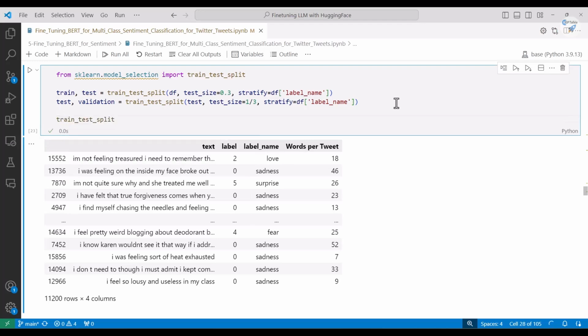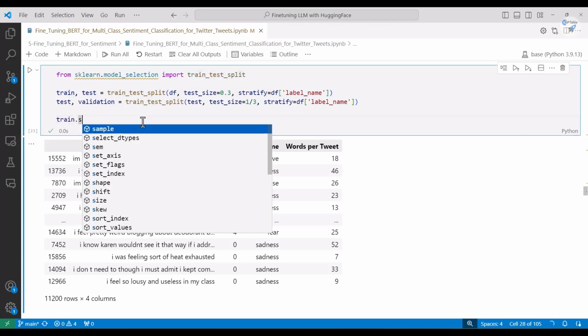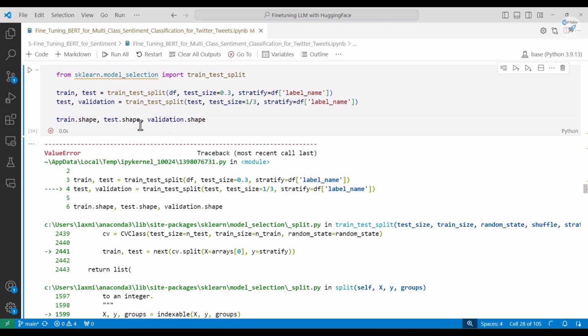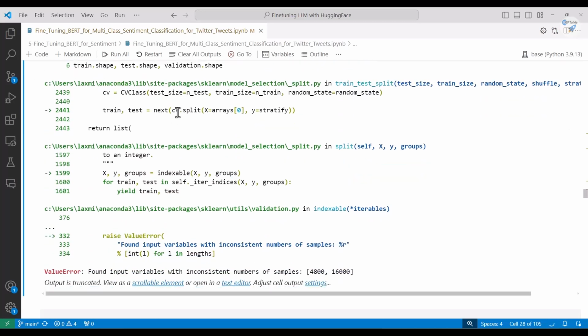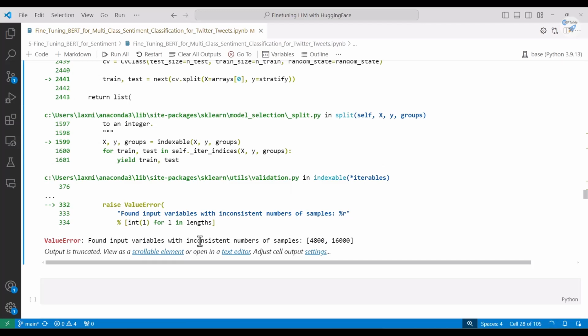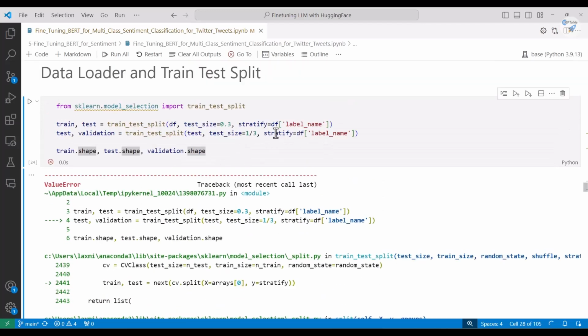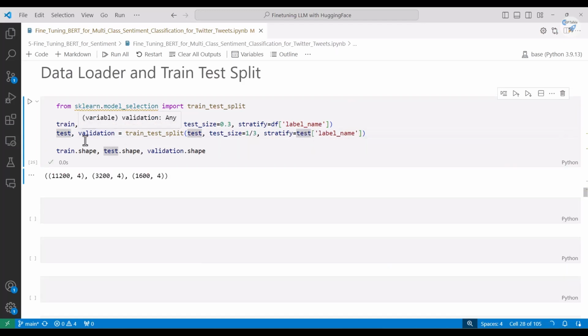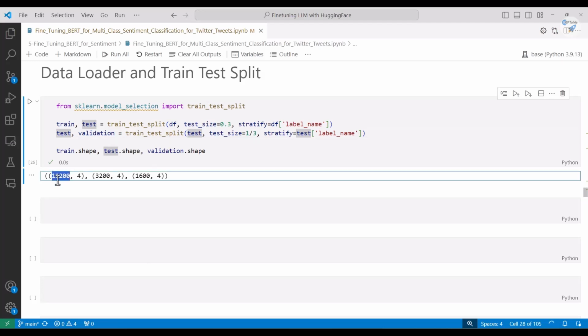Now I can simply write here, in fact, I'm sorry, train.sep, and then I can write here the test.sep, and then I can write here validation.sep. I just run this. Seems like something is wrong. Let me just check it here. What happened here? Inconsistent number of samples. Yep, here the samples are different. So test. Okay, so now it's fine. So you check that 11,200 is going to be the train set, and rest is going to be the test